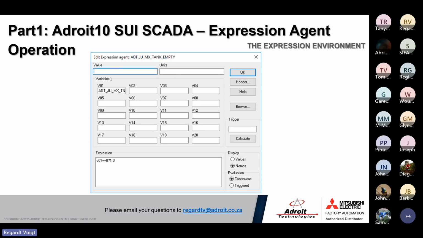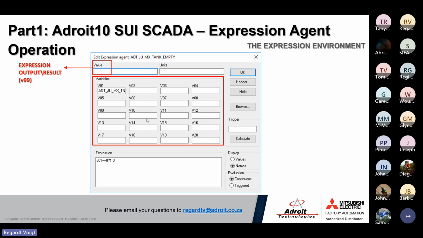here's an example of an expression window. That part at the top, that will be your V99, or the output of your expression. So that will be your result of the equation. With this part on top here, this expression becomes an equation. So this will be your equation output, or the result of your expression. These 20